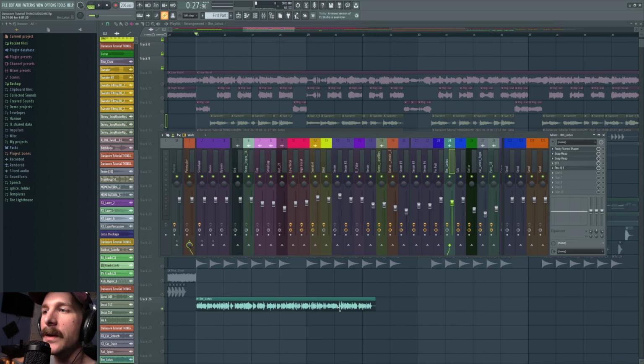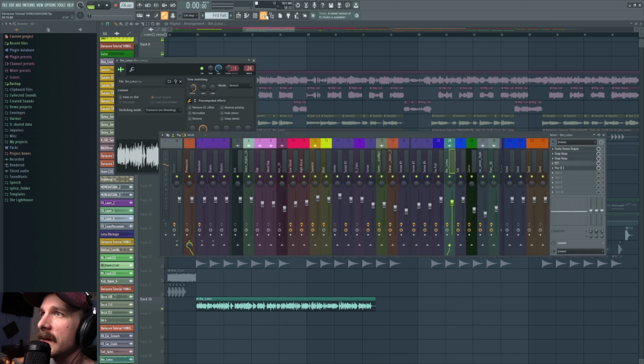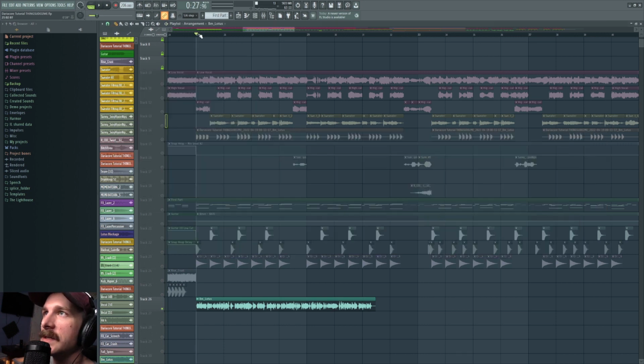So the way that I made that was I took this granular synthesis melodic session loop that I made in one other project, and then ran it through a stereo shaper to make it mono, a couple snap heaps, which I'm not going to show at all. Just go watch my snap heap glitch tutorial if you want to figure out how to make your own one of those, until it turned into this